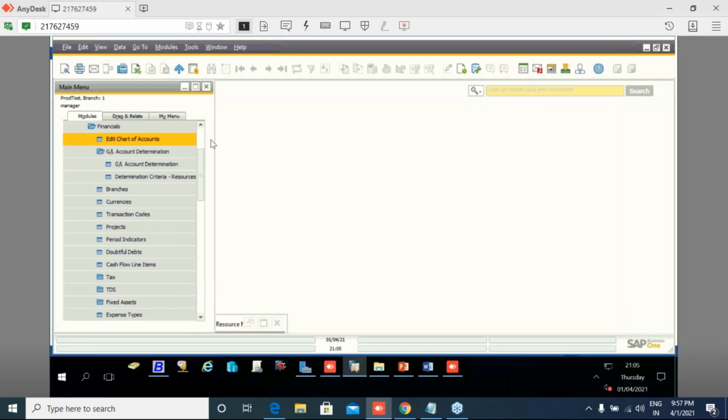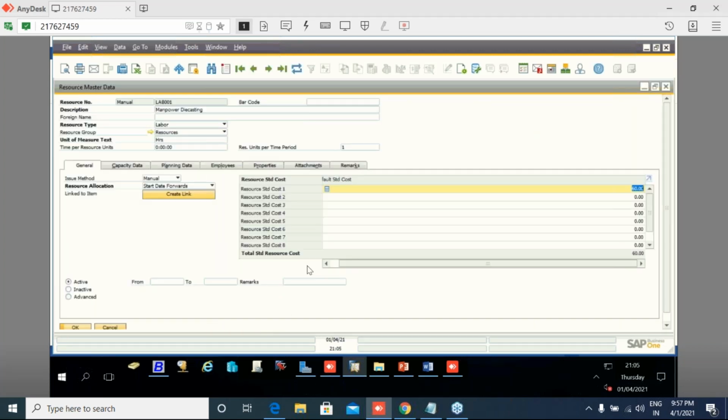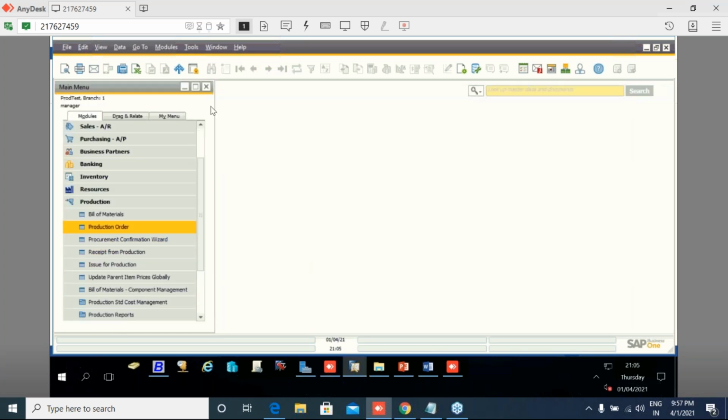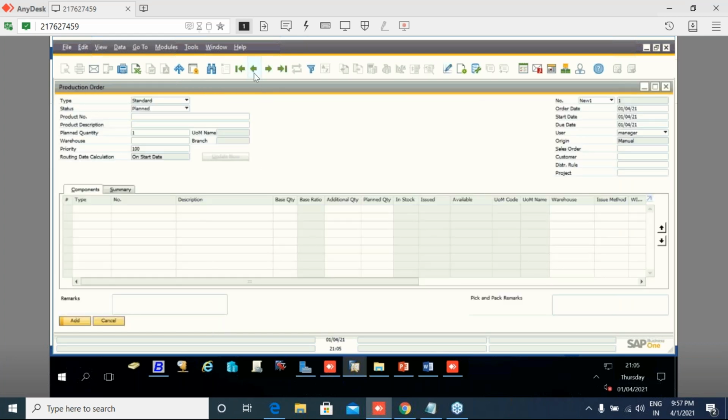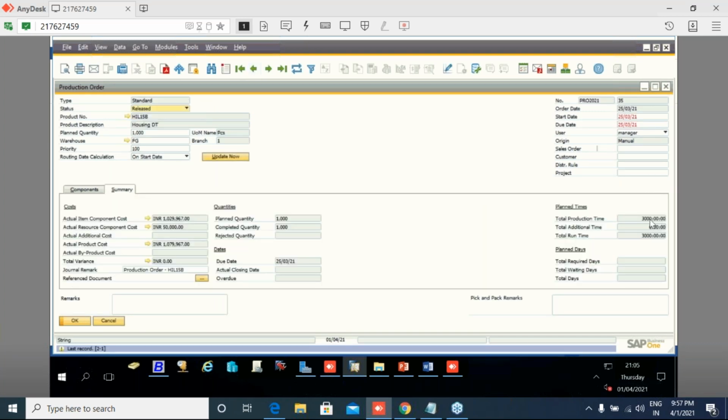In SAP, in the summary tab, on the left-hand side, you can see the actual item component cost, which is our raw material as well as our SFG cost.